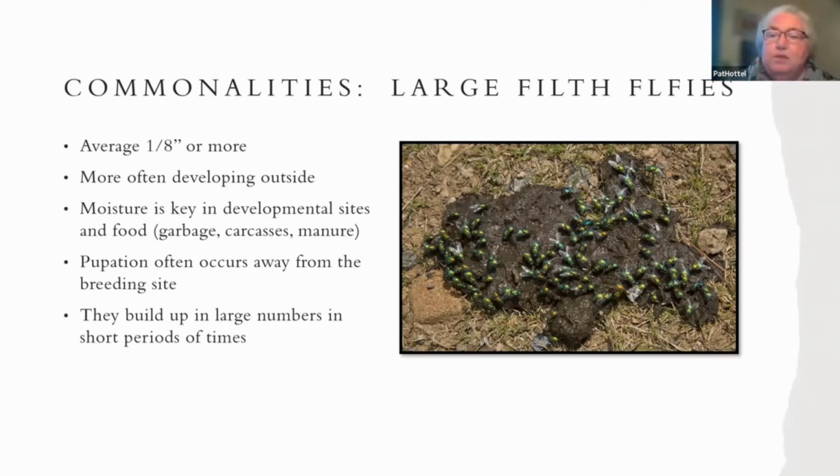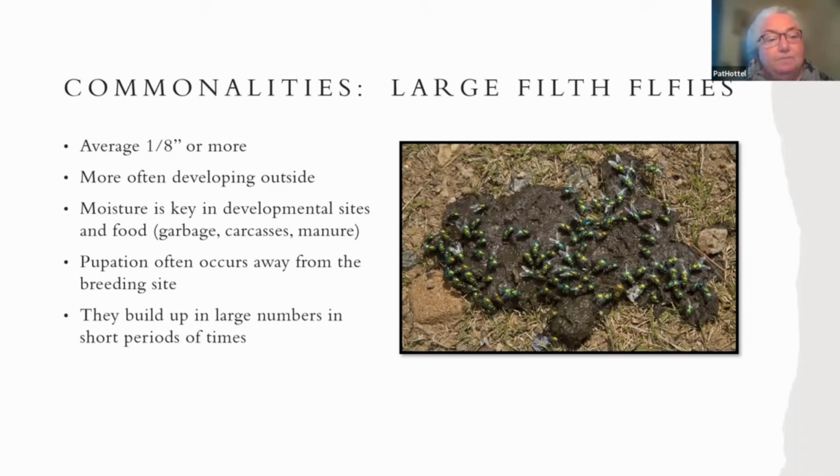However, with the large filth flies, and in particular, when we're talking restaurants, very rare to have house flies or bottle flies on a regular frequency developing inside those sites. Not that I haven't seen it, right? It can happen, but more typically they're developing outside and coming inside, and exclusion is more important with the larger filth flies